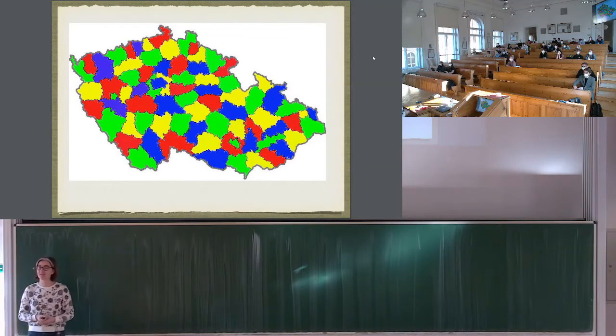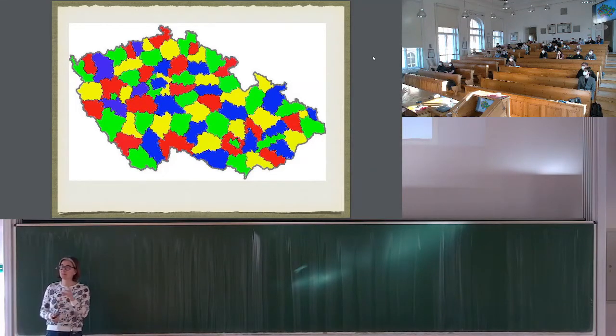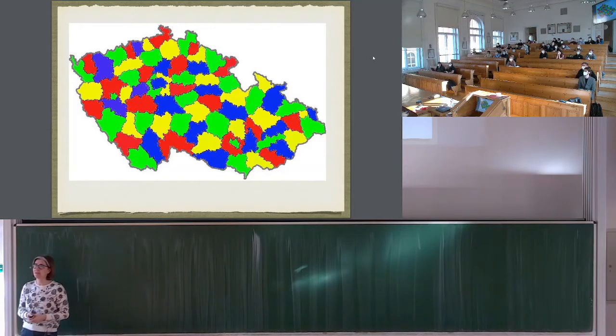This is the map of regions in the Czech Republic at some point when I created it in 2000-something. The rule here is that you have these different regions, and when they are neighbors, you don't want them to have the same color, because otherwise you would not see the boundary between them anymore. The border, you want to see the border. And so I give you 4 colors in this case. I could give you the map not colored and ask, can you color it?